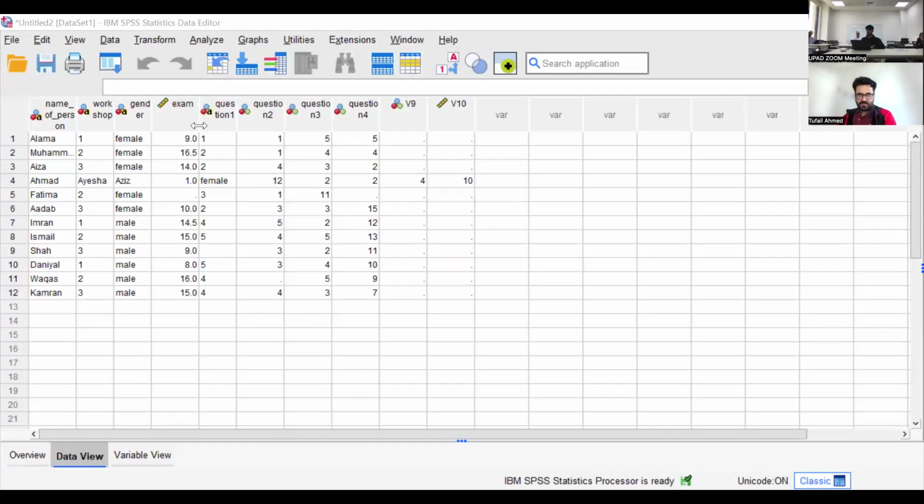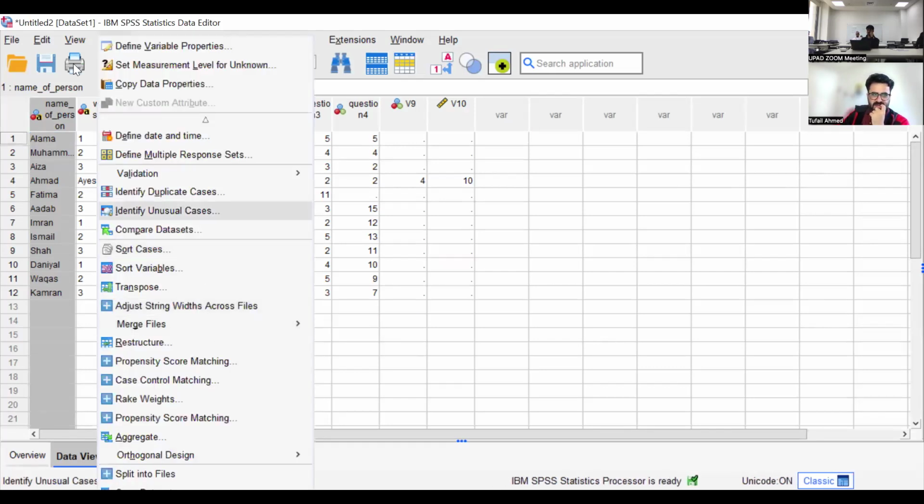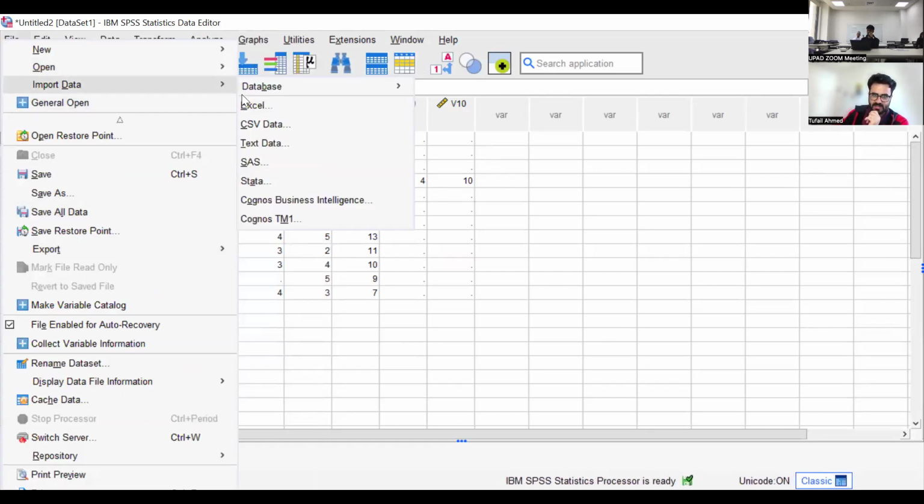When you click run, you will have your data imported, everything. So this is the data you imported. The practice was only to show you that you can paste the syntax. If you don't want to paste the syntax, you say no, your data will directly be imported. So this is the data which we imported. It is imported in your case? Okay. So it's clear now how to import your data, text data.